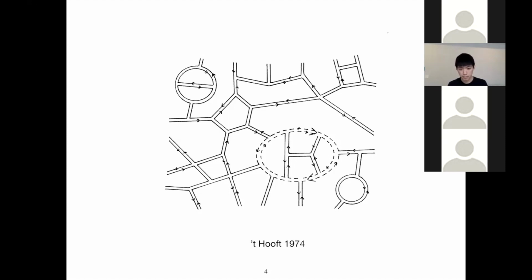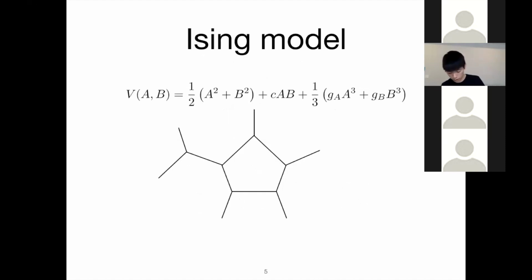But more generally, there's some connection between matrices and string theory. And that's what I'm now going to explain in the context of the simplest possible multi-matrix model. That's the so-called Ising matrix model, or the two-matrix model with AB interaction. And this model is completely integrable,